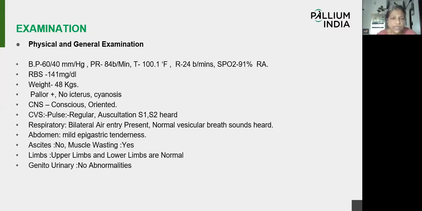Please change the slide. Coming to physical examination, on admission the patient's BP was 60/40, pulse rate 84, temperature 100.1, respiration 24, SpO2 91 in room air. RBS was 141 mg per dL, weight 48 kg, pallor was present,